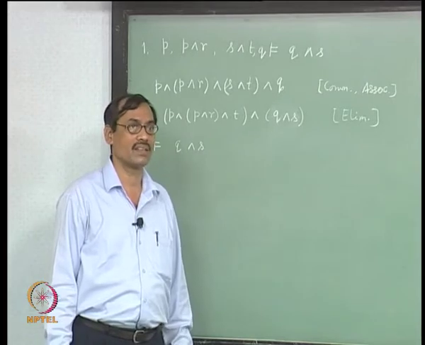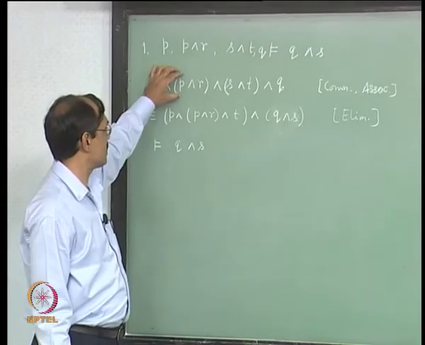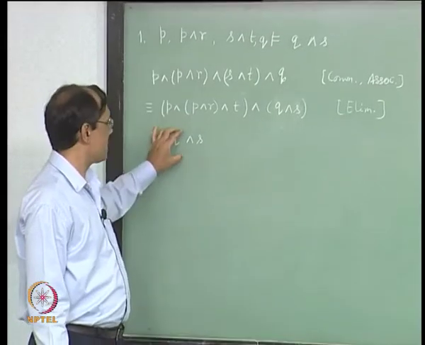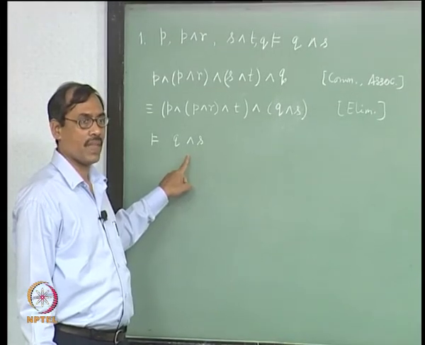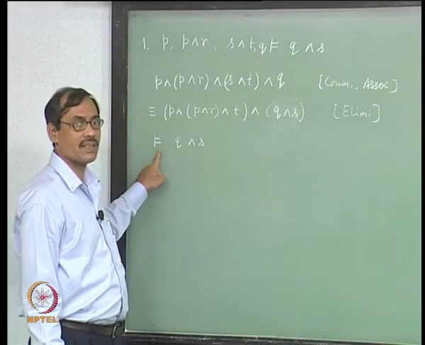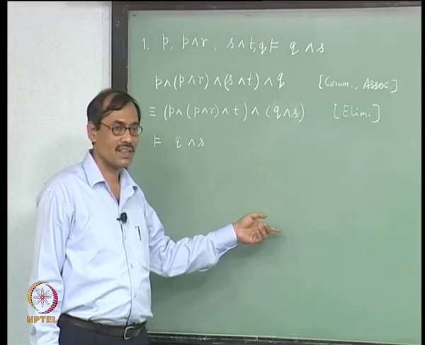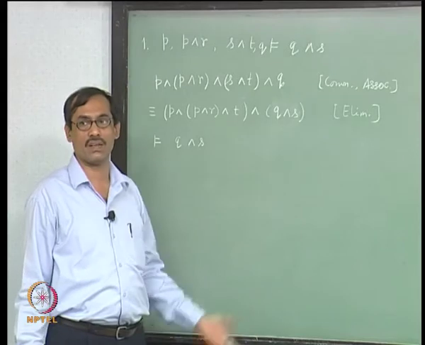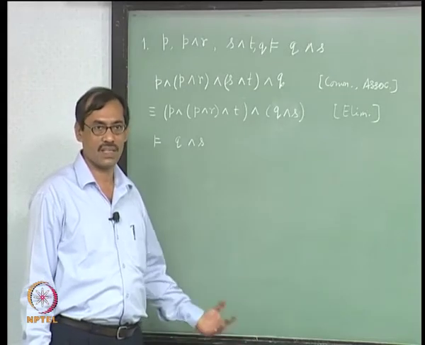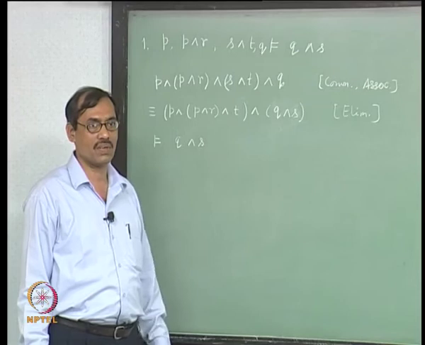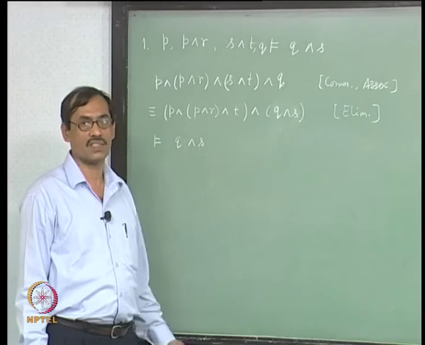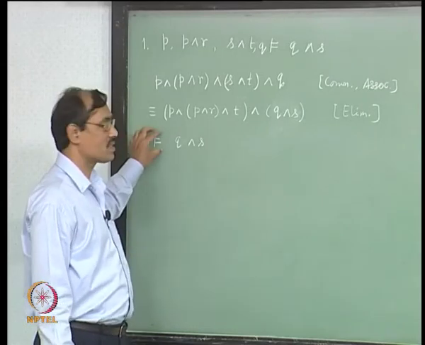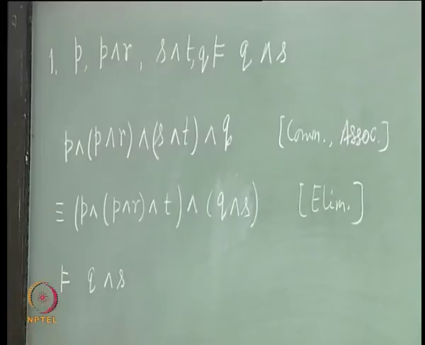But finally what do you get? You would be getting first sentence or first proposition entails or equivalent to the last proposition, okay. If at least once you have used entailment, then it will be written as entails. If nowhere you have written entails, then it will be equivalent also, because equivalence is stronger than the entailment. You know that x is equivalent to y if and only if x entails y and also y entails x, right. So, that is stronger. Therefore, at least once occurrence of entailment will produce only entailment at the final result, right.